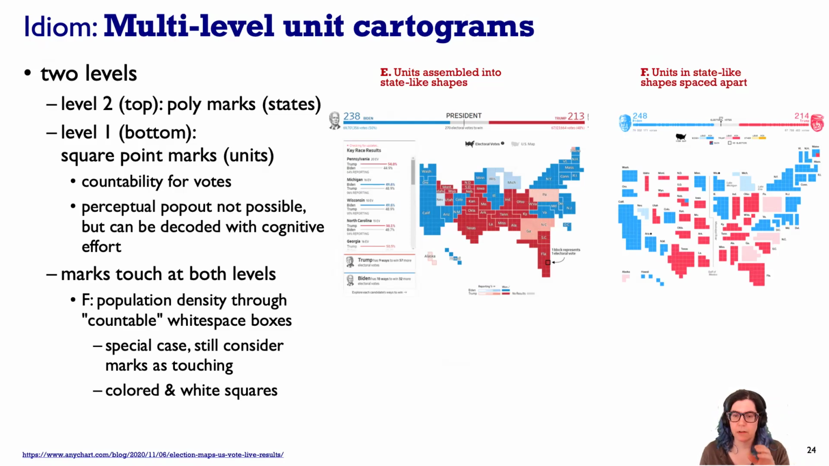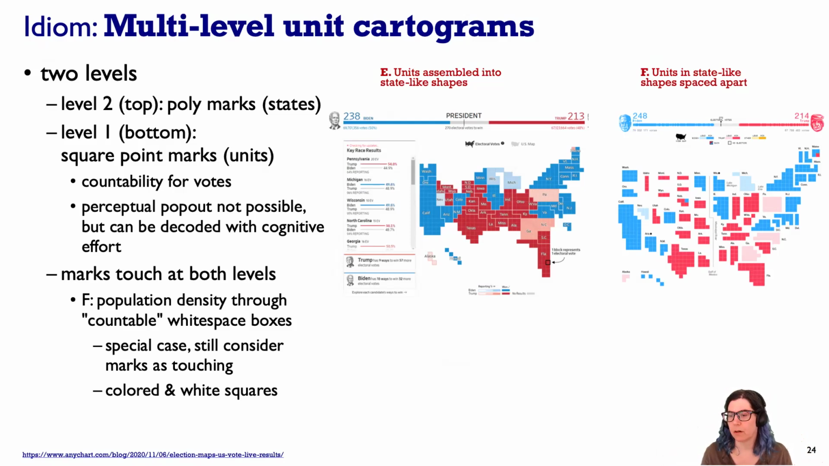Now, there's one nuance here. It's pretty clear that we have touching marks in the map on the left. So just like with all cartograms, there's this constraint that all of the marks touch each other. Now, you might say that the map on the right, they're not touching. There's a subtle thing happening here where the amount of white space is actually precise here. In some sense, it's the inverse of the population density,